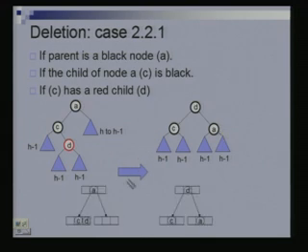Where is it coming from? Very simple. This is empty. A does not have any red child, which means that it is the only key in its node, and this has a red child, so that means that there are 2 here. So once again it is going to borrow 1 from here. So D is going to go up, A is going to come down, and we will have this picture. So D is the only key in its parent. This may or may not be the only key in its node, because this could also have been red. Yeah, but we are not bothered about that. C यहाँ पे भी कोई हो सकता है, but this would be the only key in its node because this node was earlier empty.